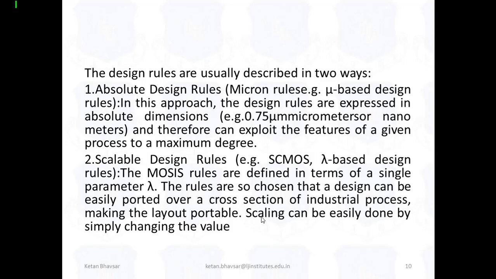When we talk about MOSFET technology, we use only the lambda based design rule to design the scalable product or the scalable process. It plays a main role with a lambda based concept, because the meaning of scaling is all about measurement, and it plays a main role when we talk about the area constraint. So these are the two rules: absolute design based rule and scalable design based rule. We mainly focus on the scalable design based rules because the scaling factor plays a main role when we're talking about the area.